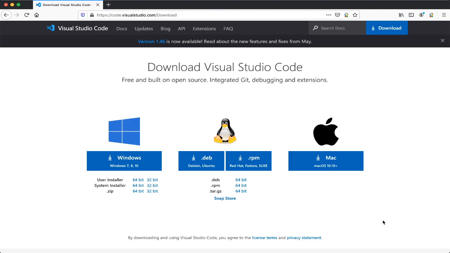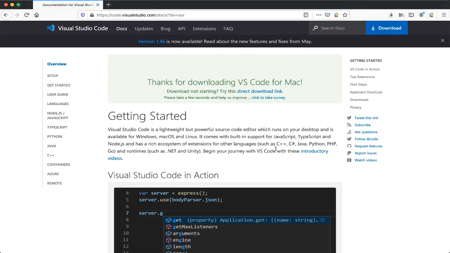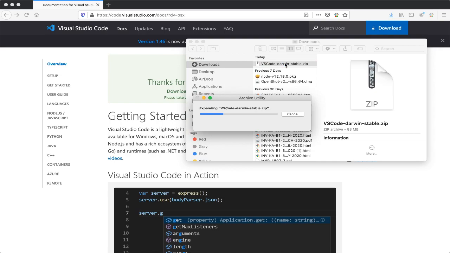Here I will download for Mac. You can click here, save file. Let's go to our download folder. Here we can see the Visual Studio Code. Let's unzip it, double click on that.